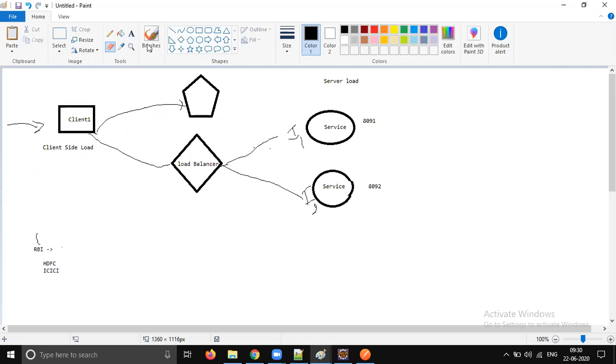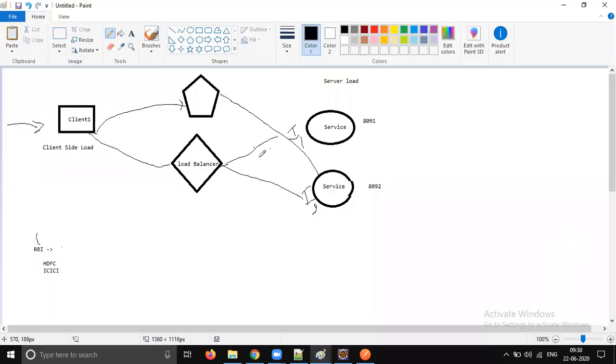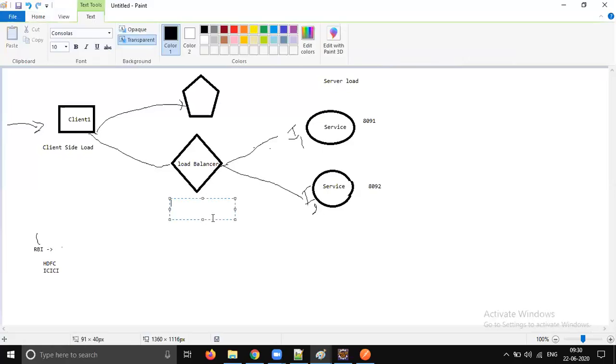As soon as a new service instance is spun up, the load balancer should come to know that, right? Eureka server will be updated very quickly. As soon as we spin up a new instance and refresh the screen, you see how quickly Eureka identifies the changes. Our load balancer also should identify that quickly. So to overcome this problem, we don't use hardware load balancers. We use software load balancers.